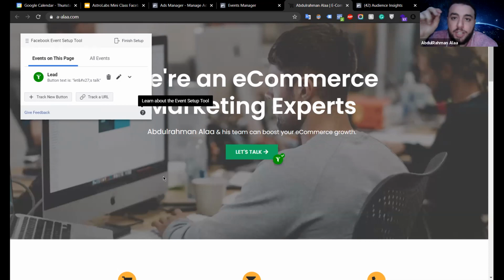You need to add the same pixel code inside the campaigns. You need to add the same pixel code, like a pixel code for X, and you add it to the three landing pages. You got it? And then you need to choose the buttons specifically on every page, as I just did right now.